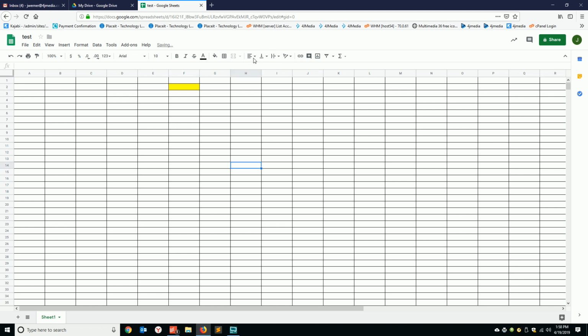Then you can do the align tool. So you can do left, center, right, vertical align, top, middle, bottom, text wrapping, overflow, wrap, clip, text rotation, so we can go none, tilt up, tilt down, stack vertically, rotate up, and rotate down, okay? You can add a link, insert a comment, insert a chart, create a filter,